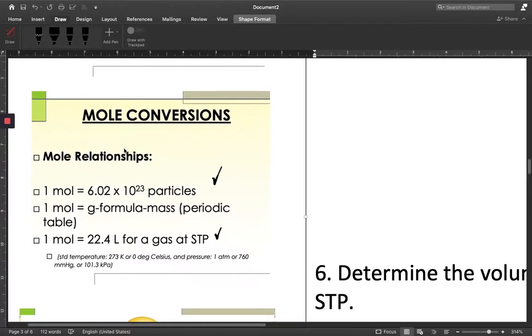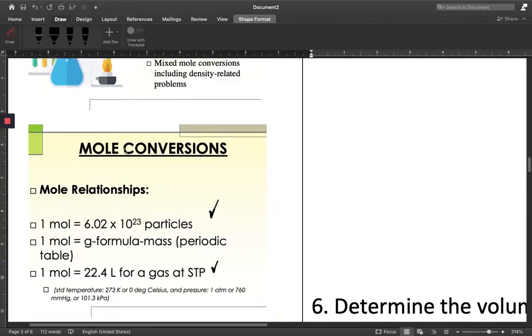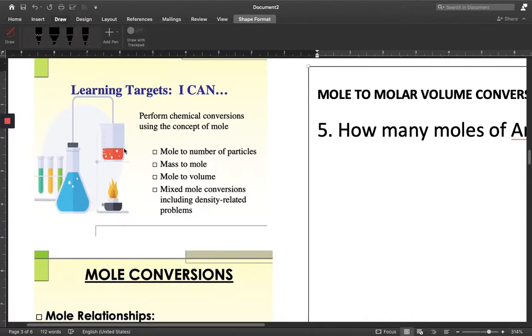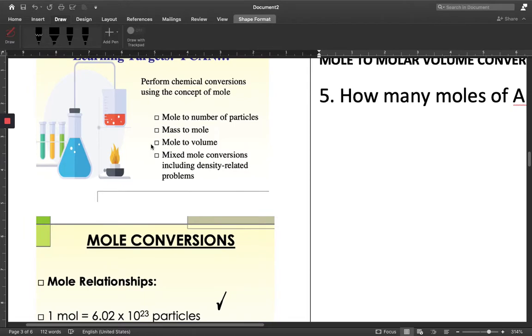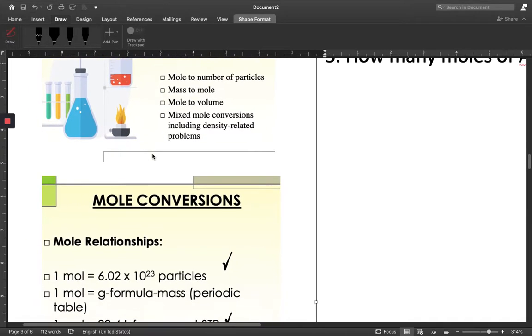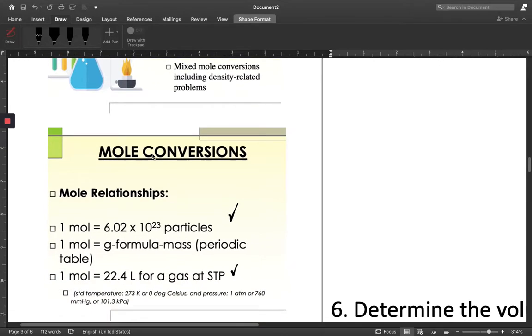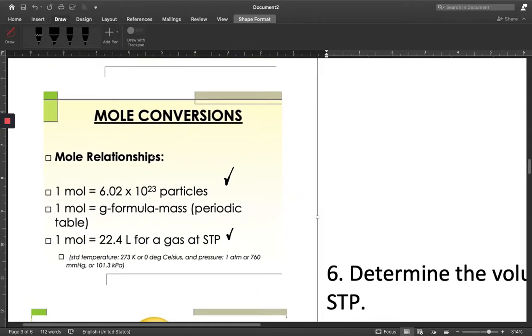Hi everyone, we are now on the second part of our discussion on mole conversions. If you remember, in the first part of the video, we were converting mole to number of particles and mass to mole. This time we'll be having mole to molar volume and mixed mole conversions, including density related problems. So here are the different relationships that we can use as conversion factors, and right now we